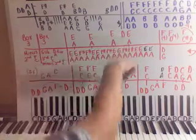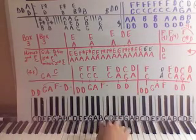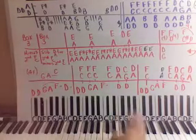D goes right there with that. And then here we have... Now what I have to do here is, he's just singing an F still, but since we're just on keyboard